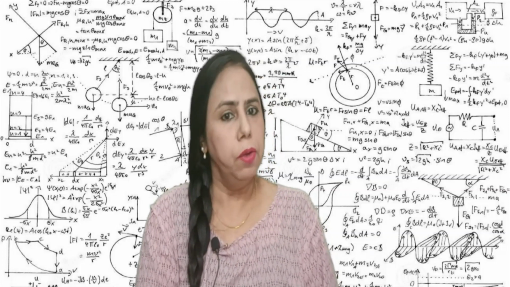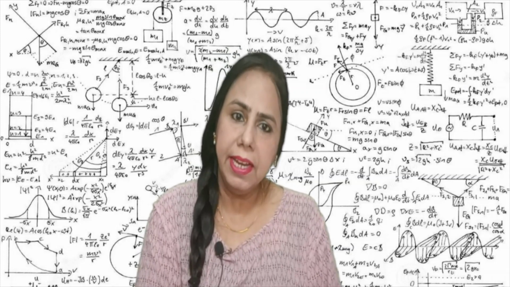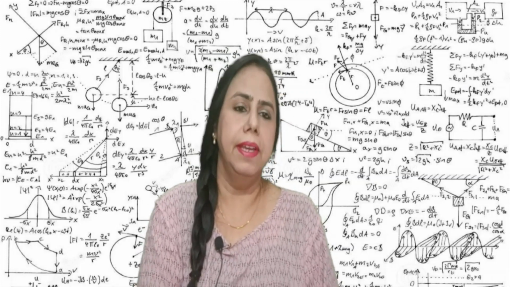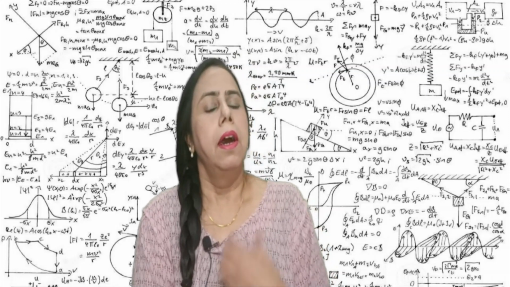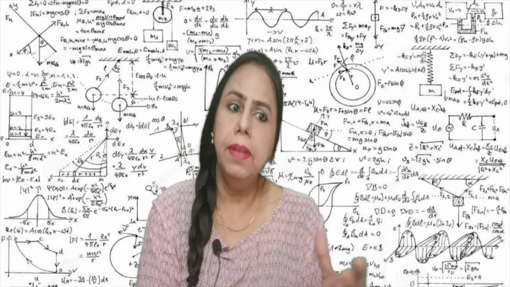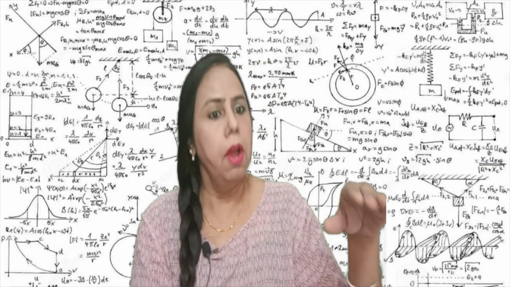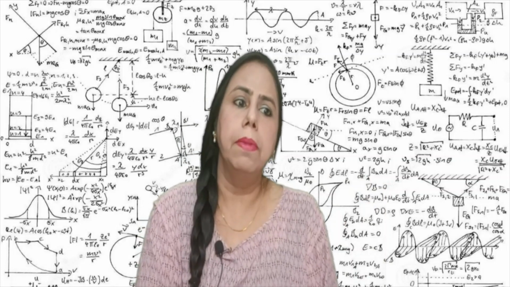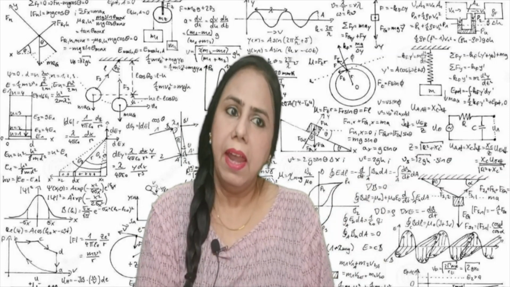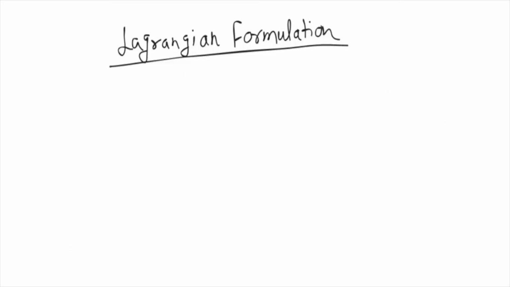Today we will try to construct the Lagrangian formulation and find the need of the Lagrangian in classical mechanics. We will discuss the general mechanics problem by taking the simplest case, in which a particle is moving in one direction, a one-dimensional motion of a particle, and we will write the Lagrangian for the same. Let's start.